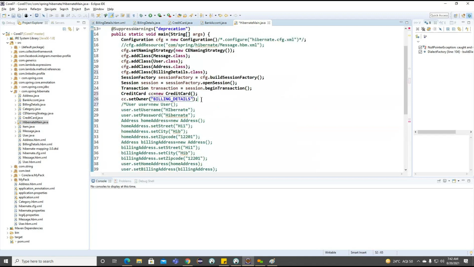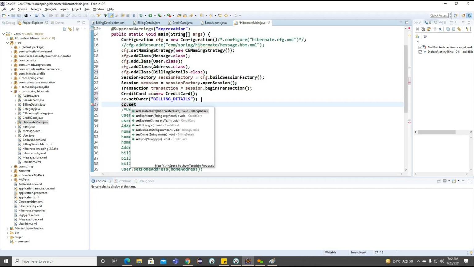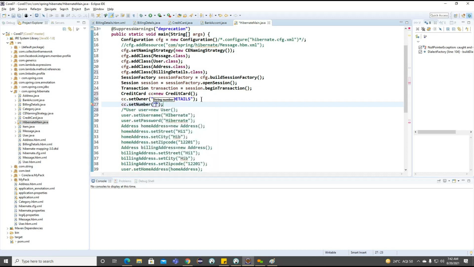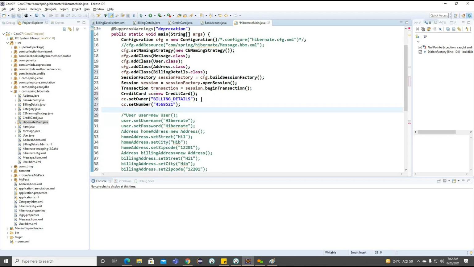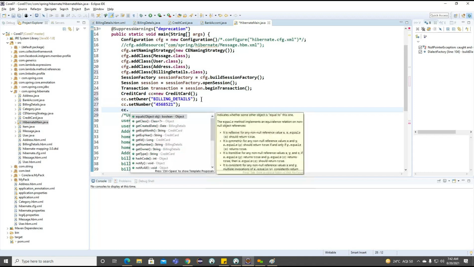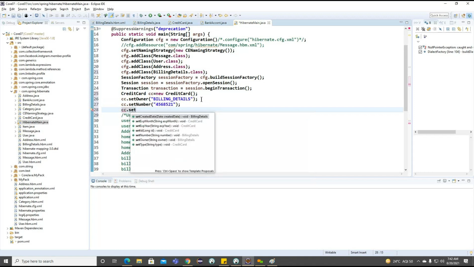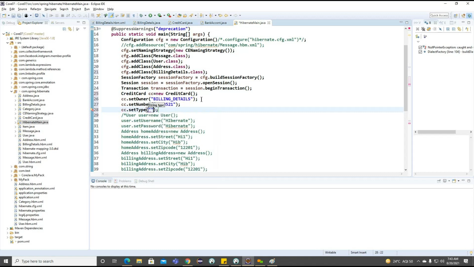So billing details, cc dot number. This particular billing details number, something I want to give. And after setting this particular billing details properties, now we'll try to set our credit card information type here.